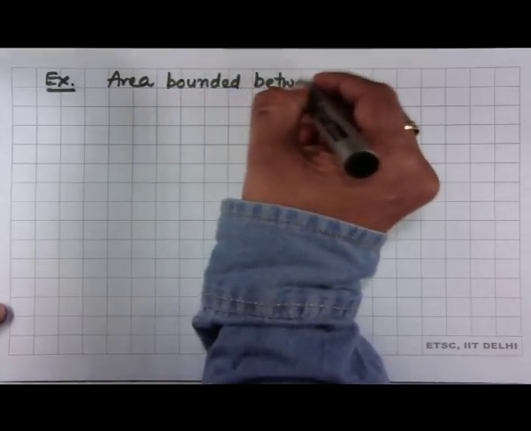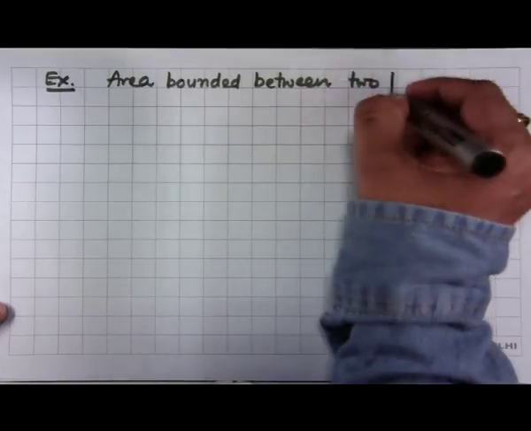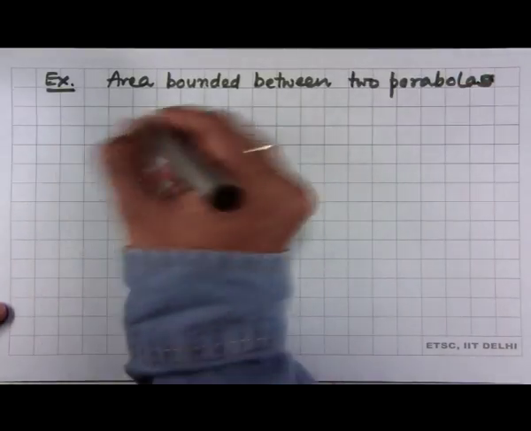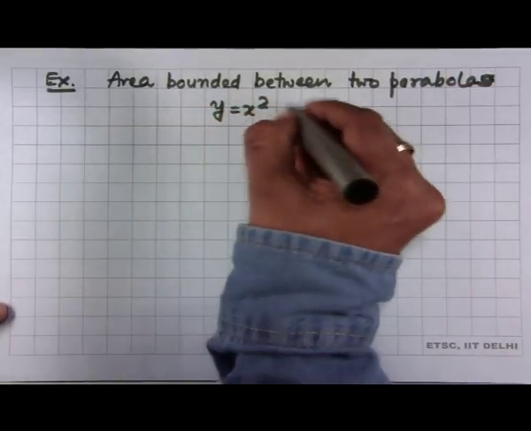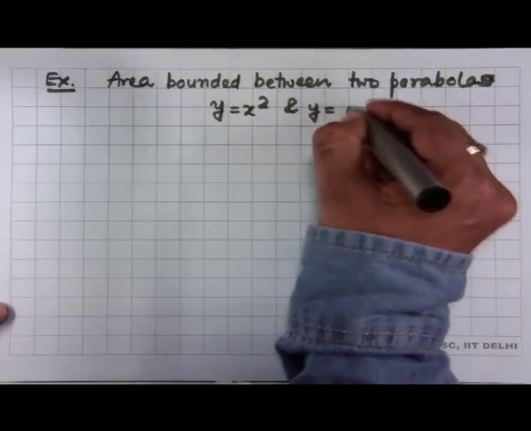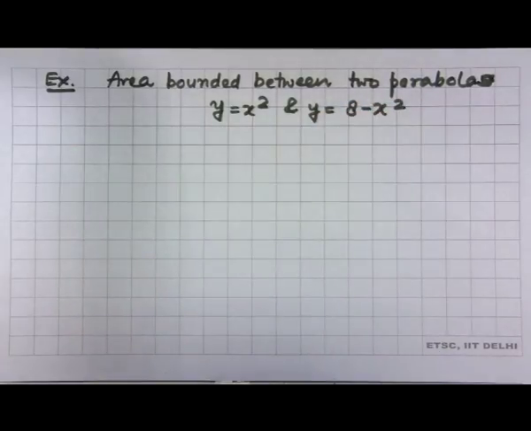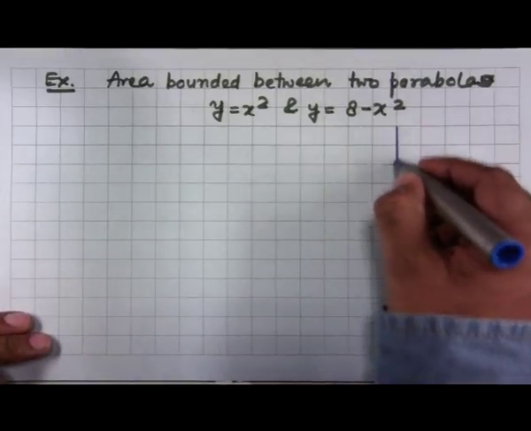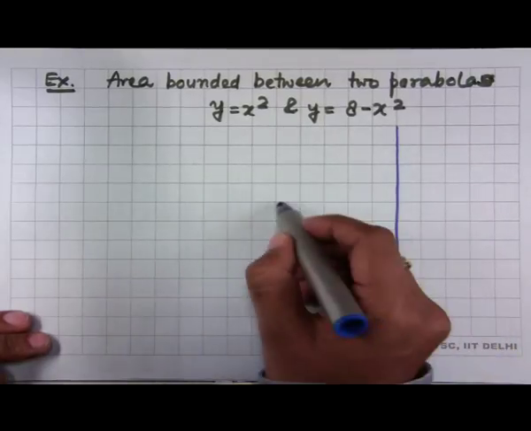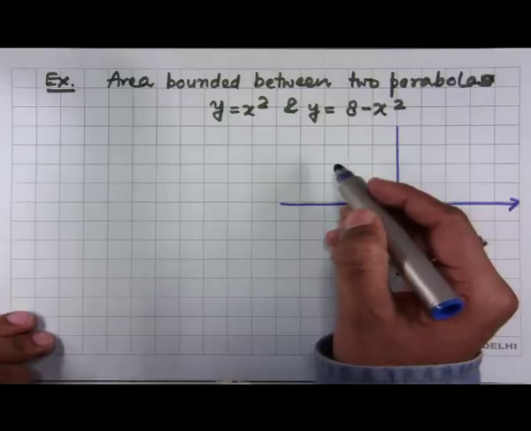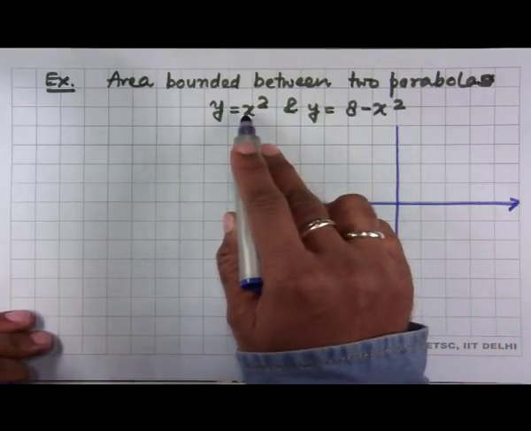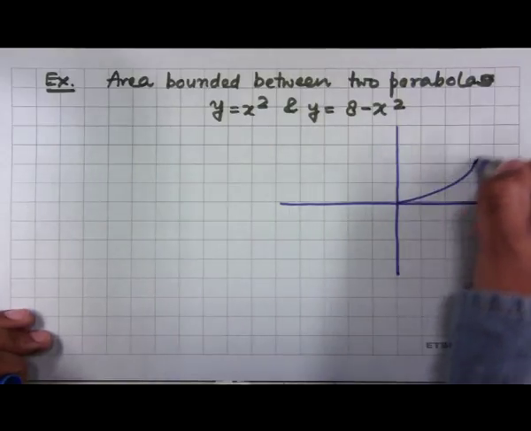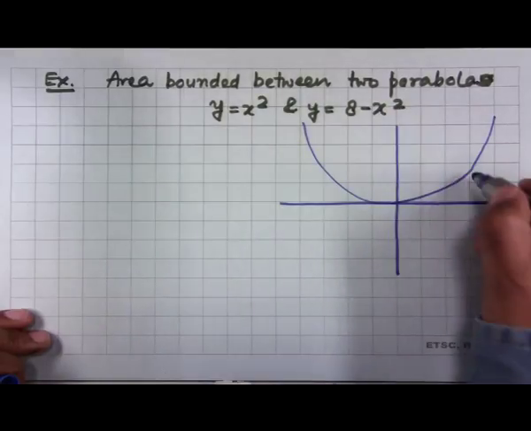Area bounded between two parabolas: y equals to x square and y equals to 8 minus x square. So let us plot them. Y axis, x axis. Y equals to x square is a parabola with vertex 0 0, and axis is the y axis. We get this,